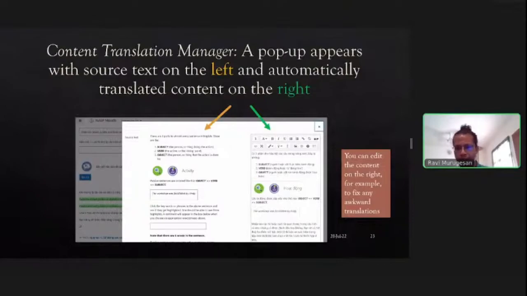But what it can do is edit the translated content, which appears in the Moodle text editor. So you can edit that translated content if you know the language of the translated content. If you are proficient in that and you spot awkward translations, yeah, you can go ahead and edit, fix some of those awkward bits. That's totally possible, and save it, and that's what is stored in Moodle, and that's what is presented to the learner.